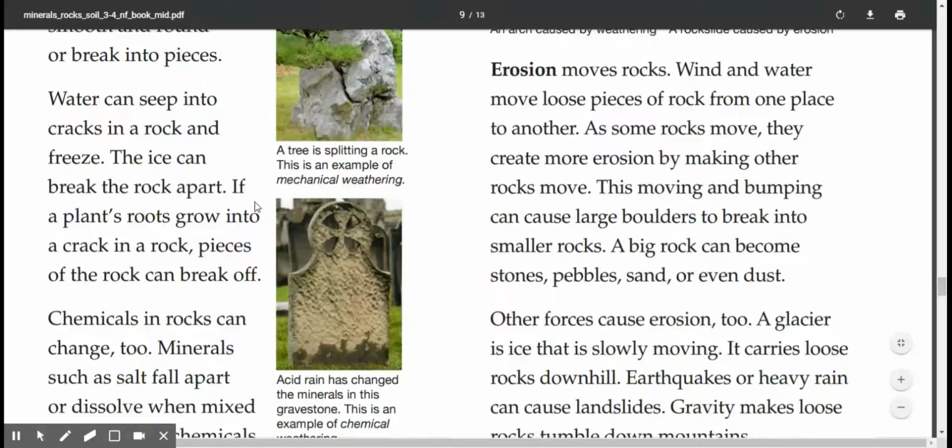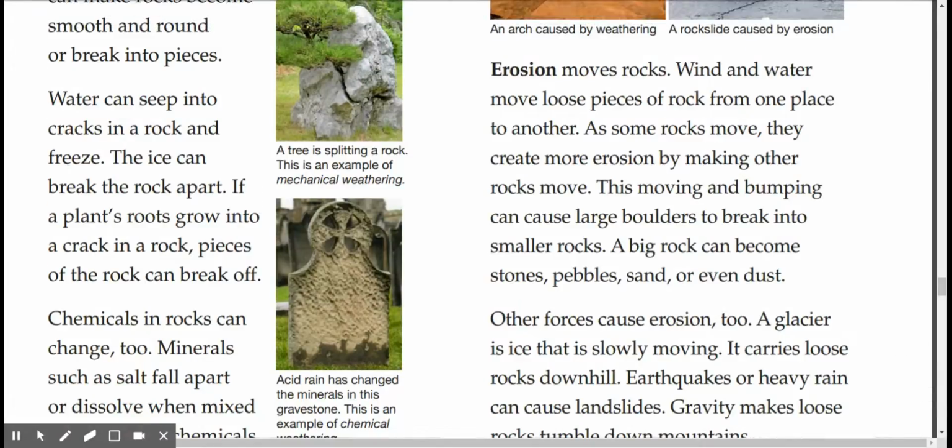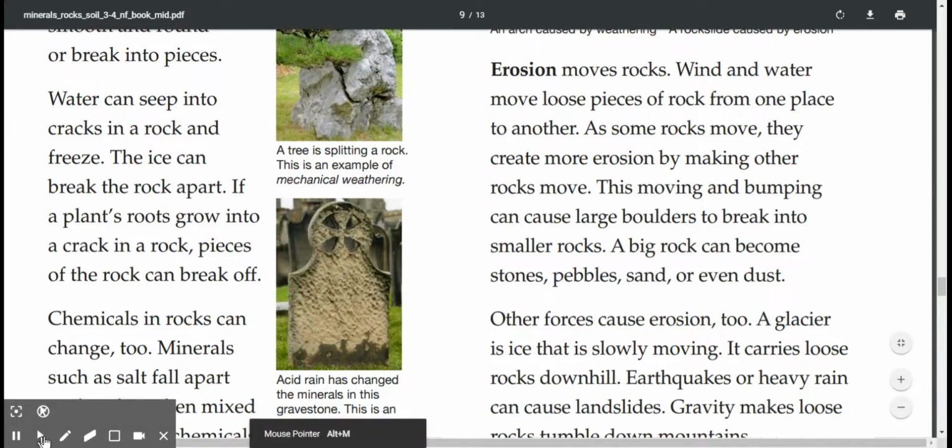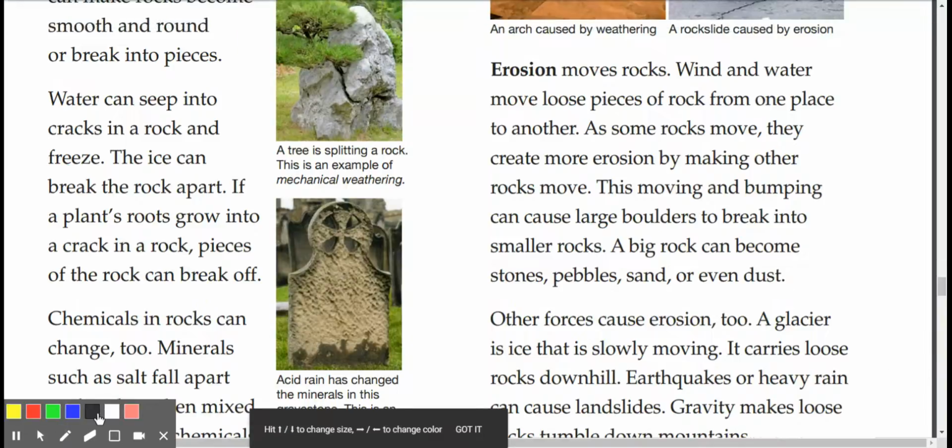Water can seep into cracks in the rock and freeze. And then ice, because it is bigger than water. Think about it. If you've ever seen an ice cube, when it melts, it seems like there's less water. That's just because ice expands when it gets cold. It's one of the few substances to do that, FYI. So water seeps into a crack in the rock, freezes, the ice gets bigger. All right, so like for example,